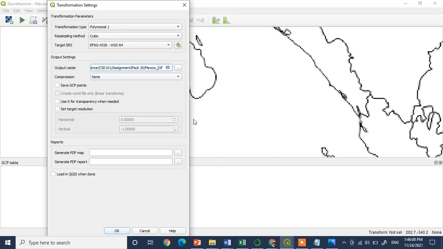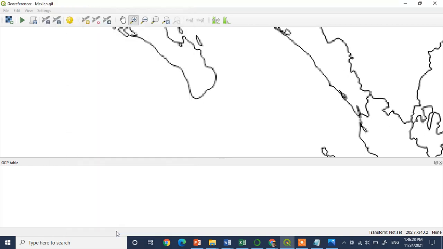So let's say Mexico underscore georef, and check in which folder it is going to get saved so that you can copy that file from the folder, or else you can add that file later on. So now we have this output file name and click on OK after setting the transformation type.